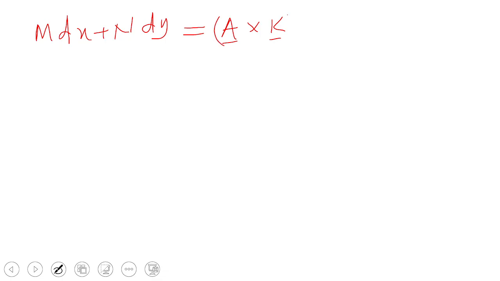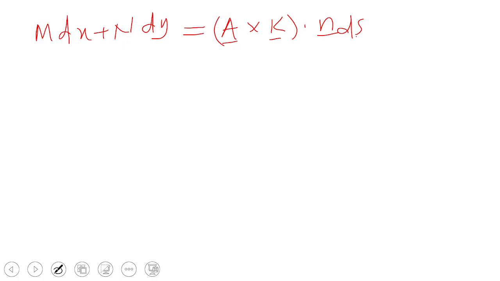So, m dx plus n dy is equal to A cross k dot n ds,